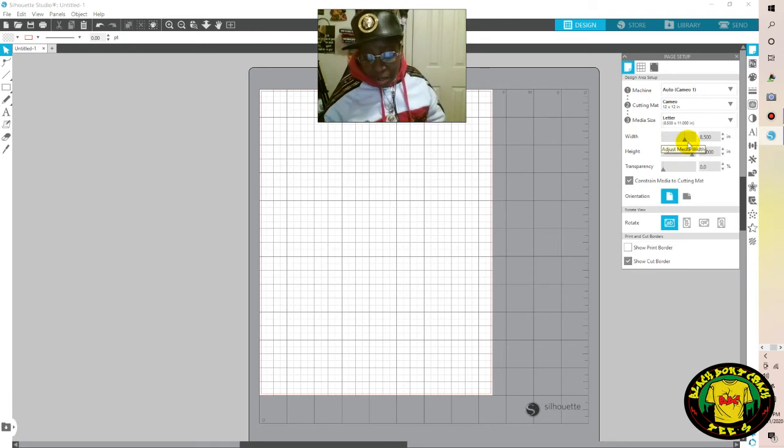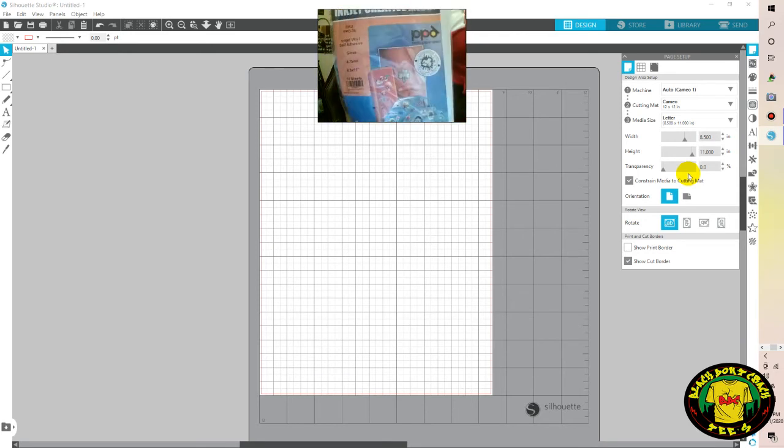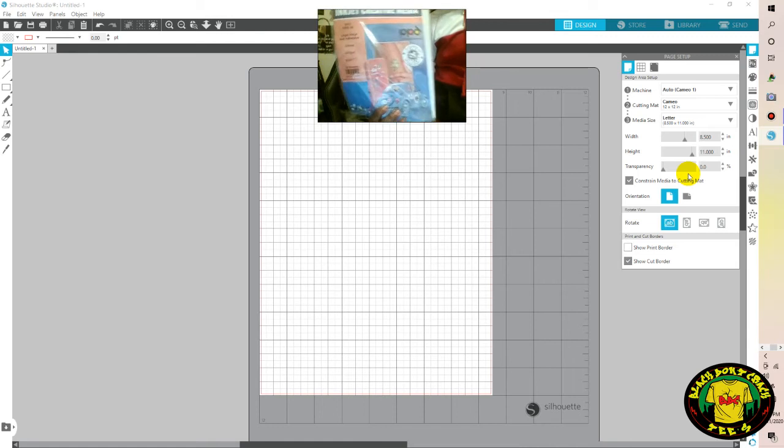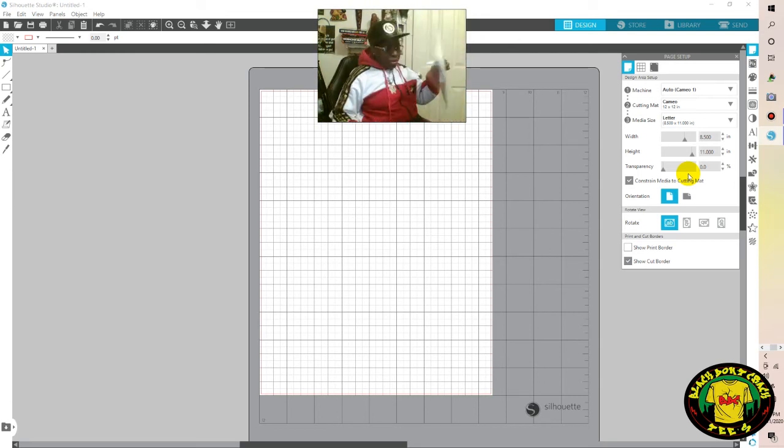I'll drop the name of the paper that I'm using in my description. It's over there somewhere right now. Let me just go grab it. It's right there. And this is what I'm using right here: PPD Inkjet Creative Media. PPD happens to be the very first brand I started using as far as heat transfer